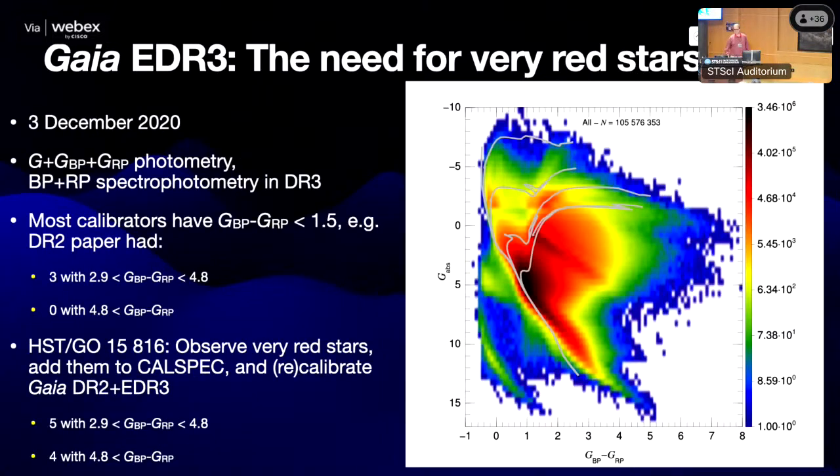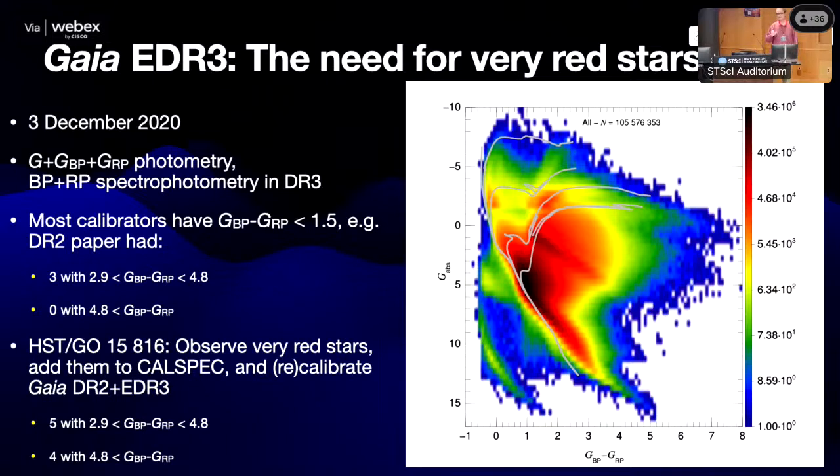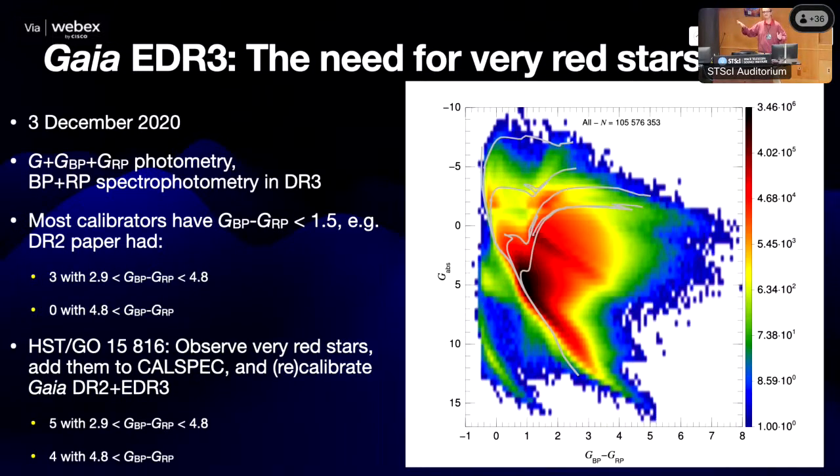Now here comes Early Data Release 3. At this point, we wanted to do our analysis, but we discovered that one of the basic problems is what Michael was telling you about in the last talk: we didn't have stars that were red enough. When you were reconstructing the passband, this was introducing effects, another termination. So we wanted to make this nasty orthogonal component as unimportant as possible, and in order to do that, you need to include more red stars. And for that, we had this problem.